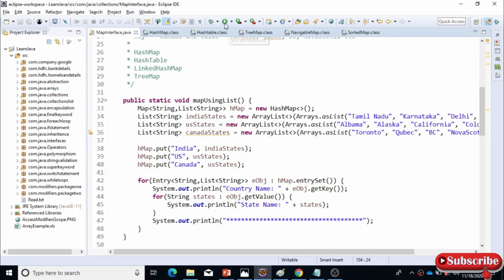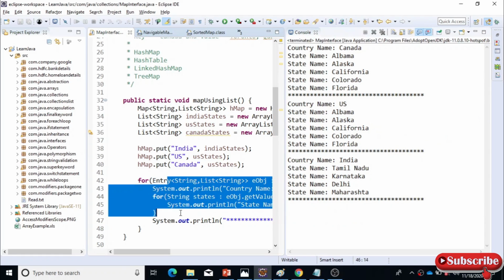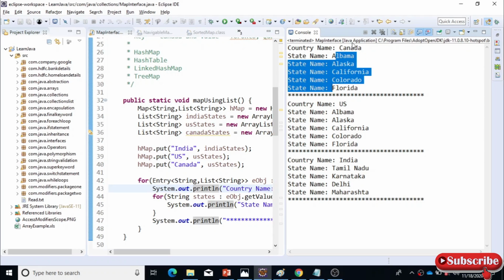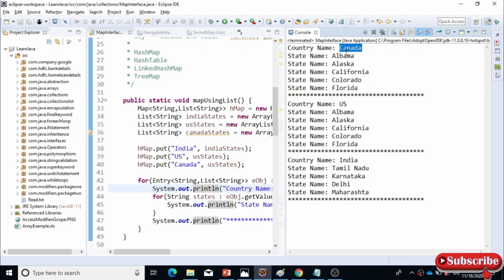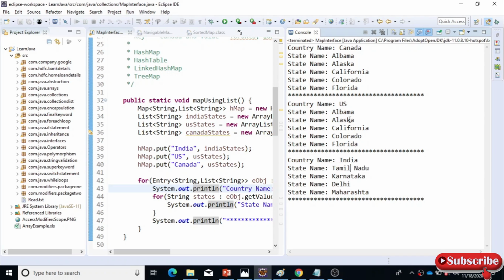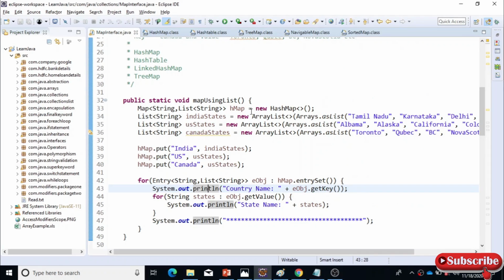If you run this program, you can see it will loop and traverse through this one. The country name is Canada, and all the state names available inside this country key. For US it is displaying, and for India it is displaying. Similarly, you can do it for maps. You can pass it anywhere.